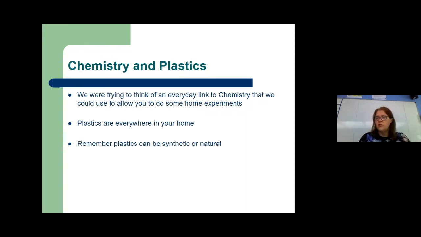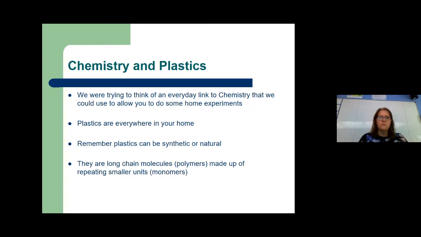Some of them are also natural polymers, which is another word for a plastic really, which exist inside your body. So things like proteins and fats are natural polymers that exist inside your body, as is your DNA. If you were doing the biology session earlier, I think you learned about DNA. So polymers are long chain molecules, remember. They're made up of small repeating units joined together to make a long chain. The small units are your monomers and your long chains are your polymers.